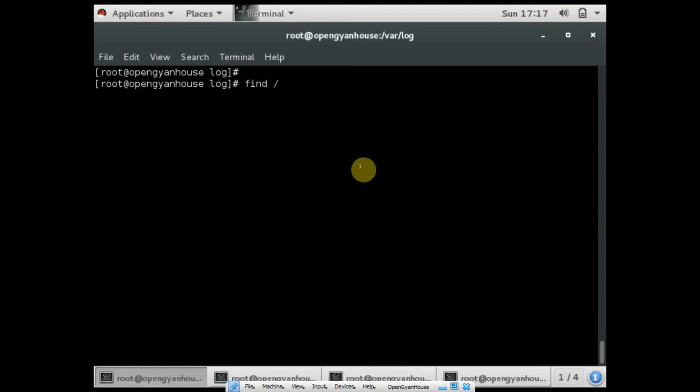Slash will start searching from root, and you have to pass -name and the file name, which is httpd.conf. So it will search from slash, and it will show you the result, like where exactly the httpd.conf